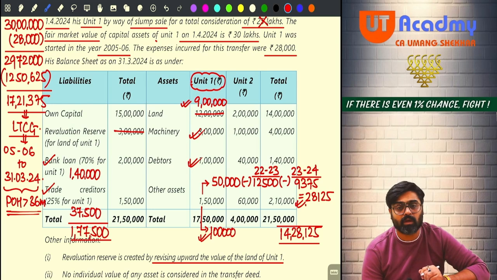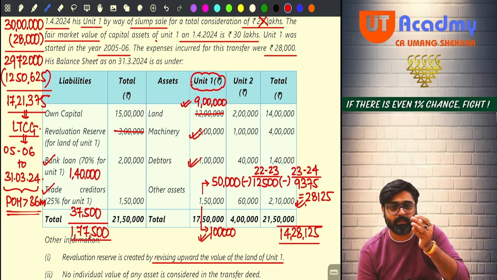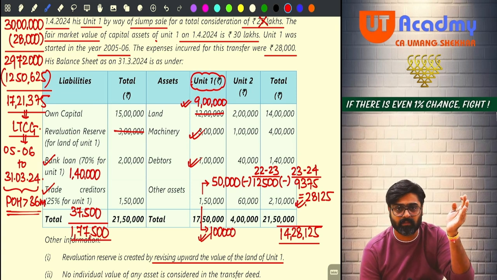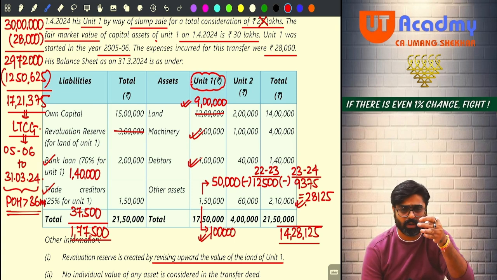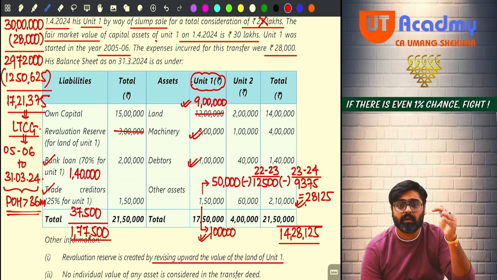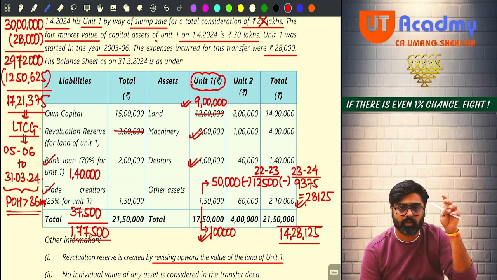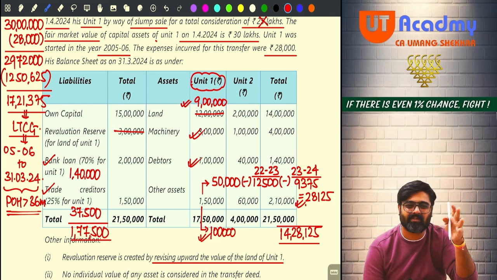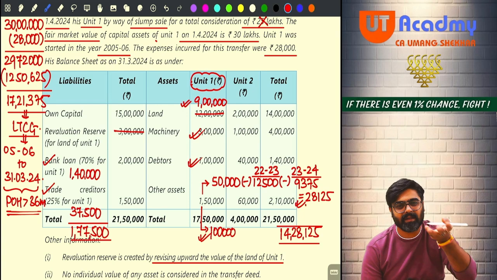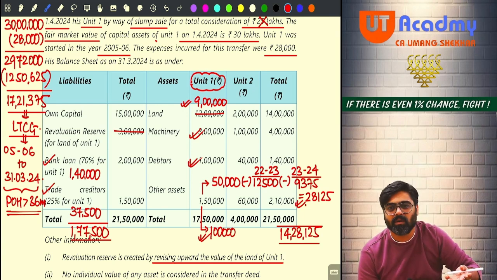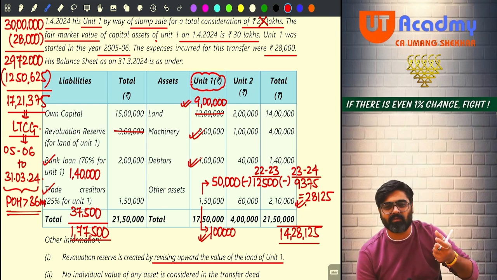So this was your question, and you won't believe it, exactly a similar type of question was asked in the exam 2 years ago, and it was for 10 marks. Just imagine, these kinds of questions they are asking in the exams. Will you be able to solve such questions? See, now what will happen? They will just shuffle a few amounts. That's it. The entire calculation remains the same, no? So they will shuffle some amounts, they will shuffle some details.